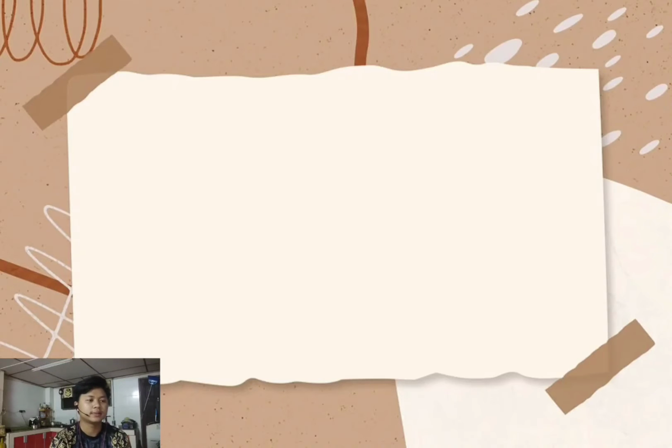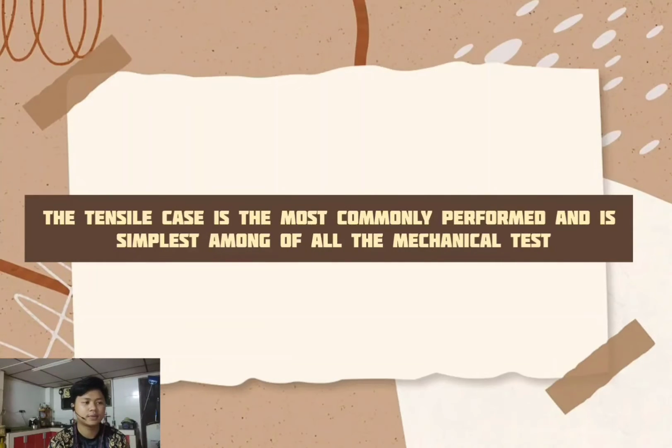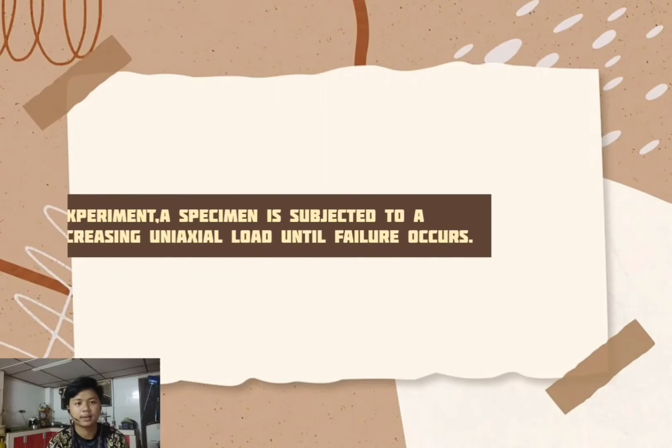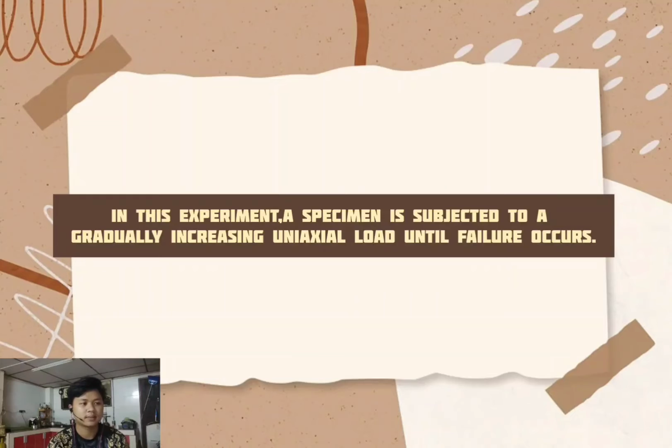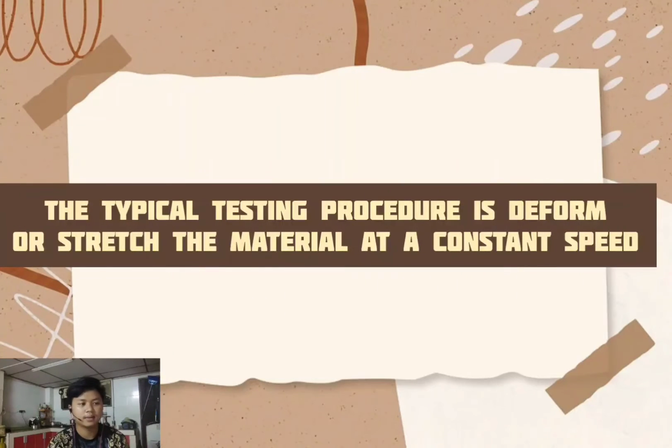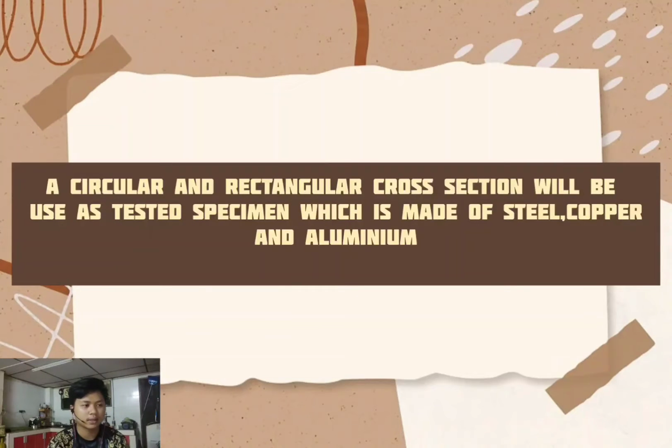So for the introduction, the tensile test is the most commonly performed and is the simplest of all the mechanical tests. In this experiment, a specimen is subjected to a gradually increasing axial load until failure occurs. The typical testing procedure is to deform or stretch the material at a constant speed. A circular and rectangular cross-section will be used as test specimen, which is made of steel,